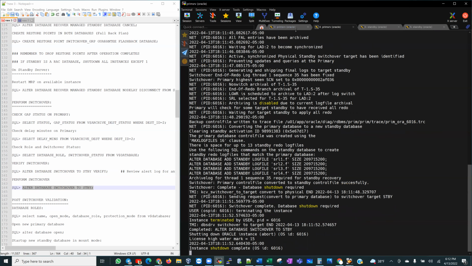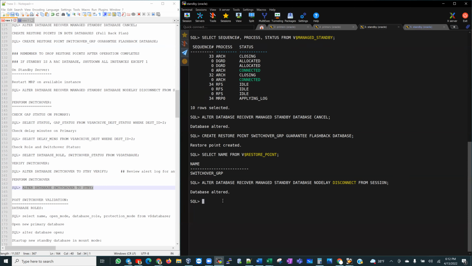Now the downside, not really downside, because this is going to be the new standby, it shuts down this instance. The difference between this and DataGuard is DataGuard does all of this all by itself, so you don't have to do any manual intervention. So with our primary database, so if I go ahead here and select